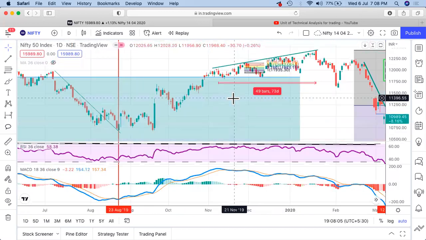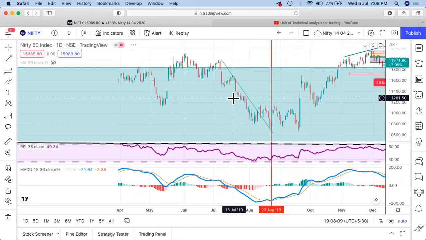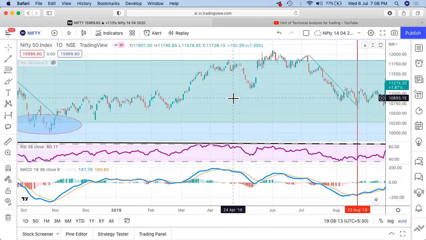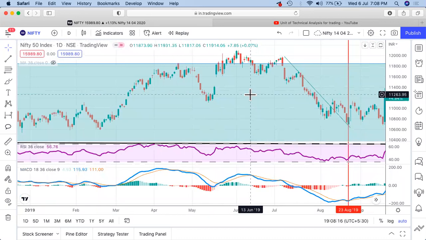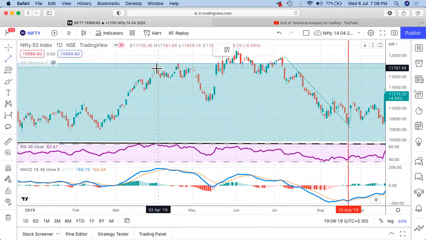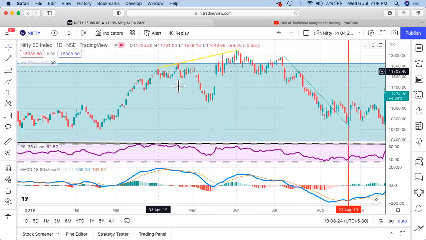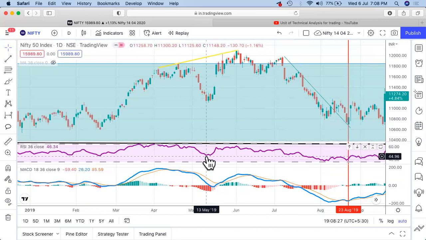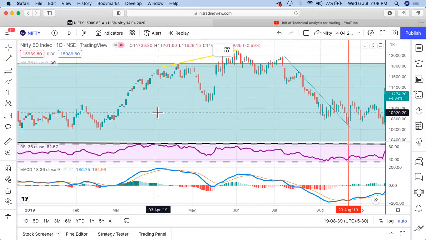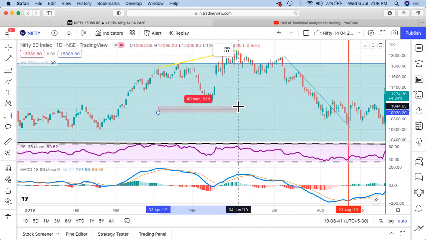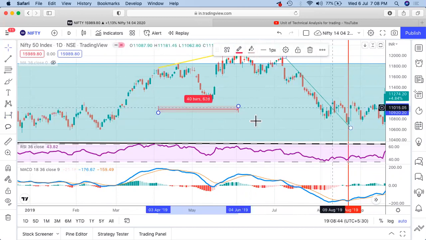We'll see one more example where the time period was huge, right? See again over here, you'll be able to find a rising wedge. This is just an extra aspect that we are considering. See again, a rising wedge was formed, and with that you get a bearish divergence in RSI as well as in MACD. And after that, the price gives you a price action, and after that it comes down, right? So in terms of time period, this was again 62 days. So that was 73 days, this was 62 days, and we find a huge fall,